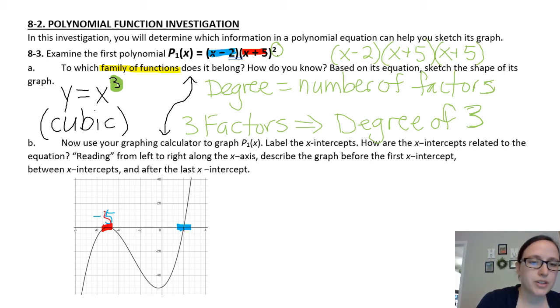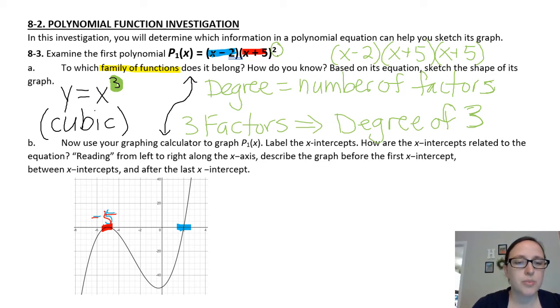But since there is an exponent of 2, it just bounces at 5, so that's why it doesn't go through right there. Okay, and then reading from left to right, describe the graph before, after, and then after the second